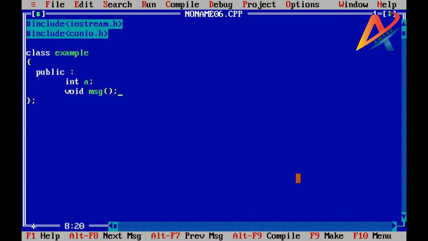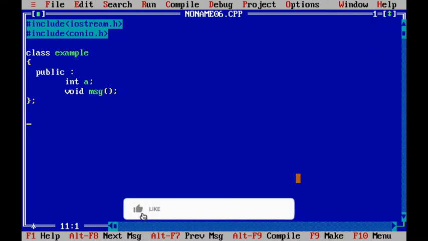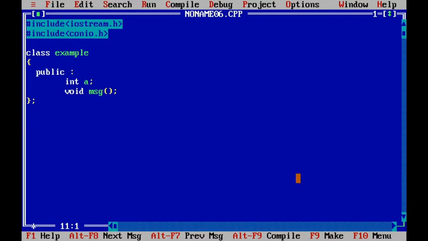Now we know that if we are declaring any member function into the class, then we can write the whole definition of that function outside of the class using scope resolution operator. So first of all we are writing the whole function outside of the class using scope resolution operator.